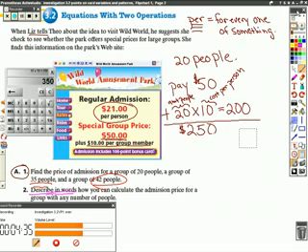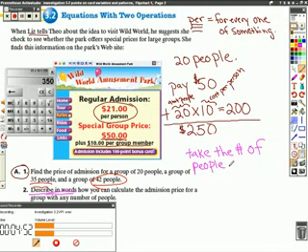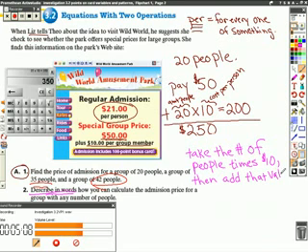So what it looks like the rule is that I'm going to take the number of people times $10, then add that value